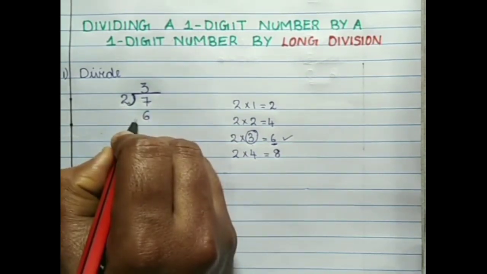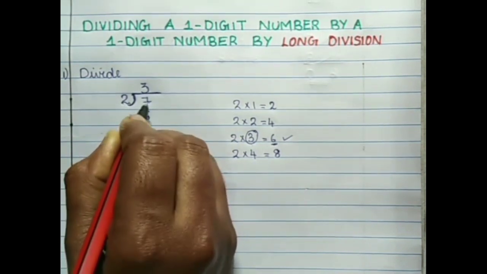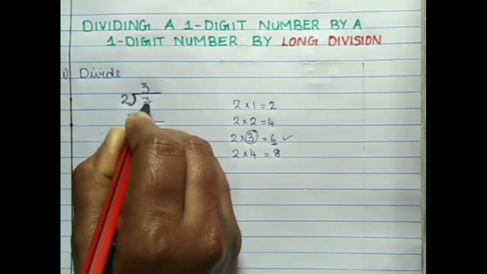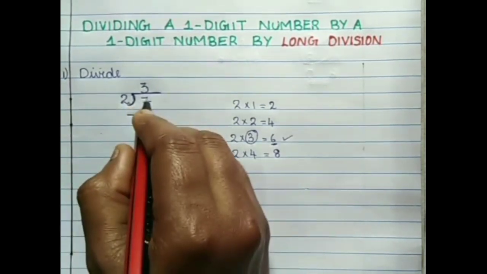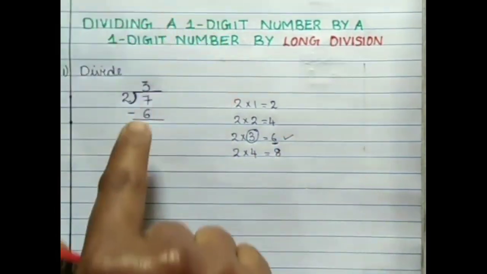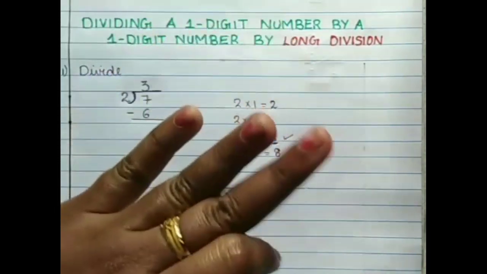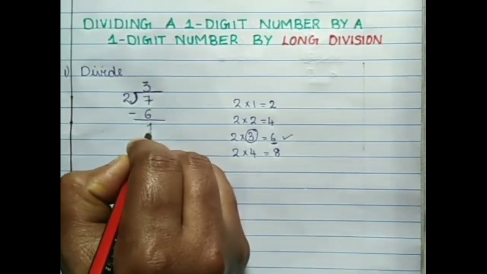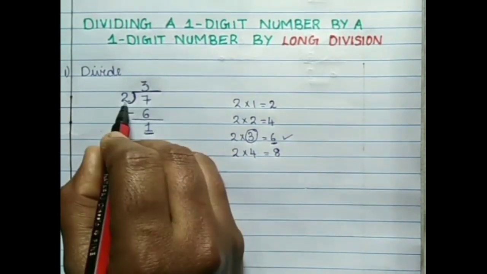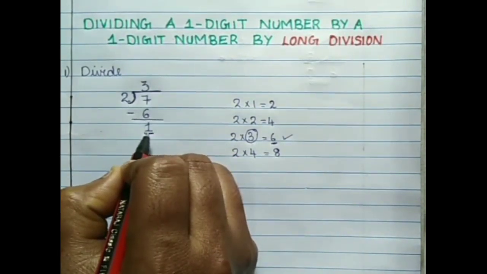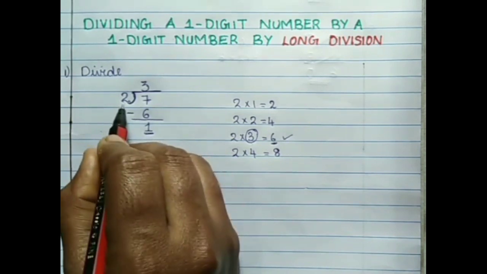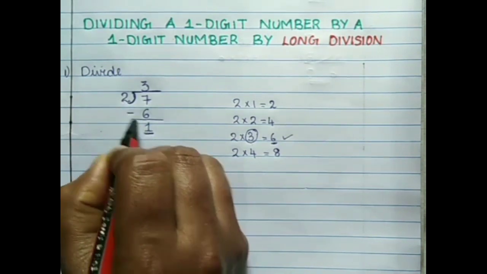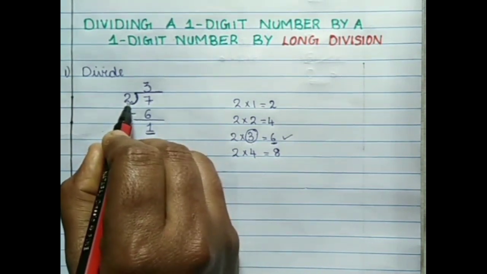The next step is that we should subtract the number 7 and 6. 7 minus 6. For that, take 7 fingers and fold 6 fingers. 1, 2, 3, 4, 5, 6. The remaining number is 1. So 7 minus 6, the answer is, yes, 1. Children, remember that here we have got the number 1, which is less than 2. So it is not possible to divide the number 1 because 1 is less than 2.